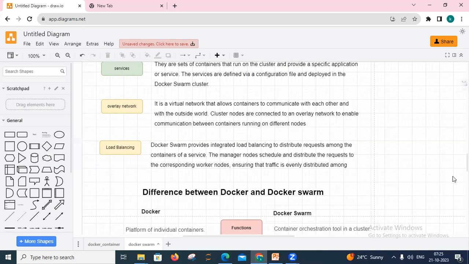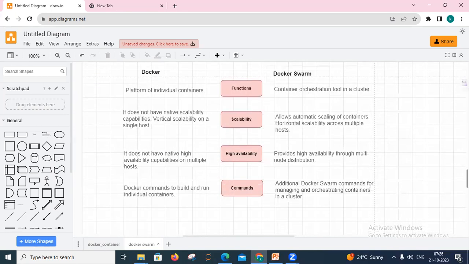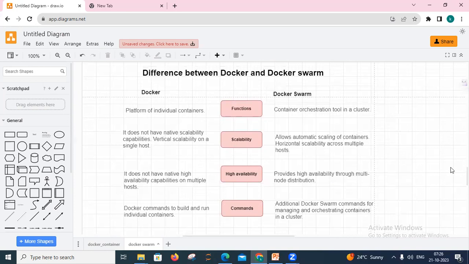Now, what is the difference between Docker and Docker Swarm? That question may come to mind, so we have differentiated five things, like functions. At the function level, Docker is a platform for individual containers, whereas Docker Swarm is an orchestration tool. We have another orchestration tool, Kubernetes, but Docker also has its own orchestration tool, that is